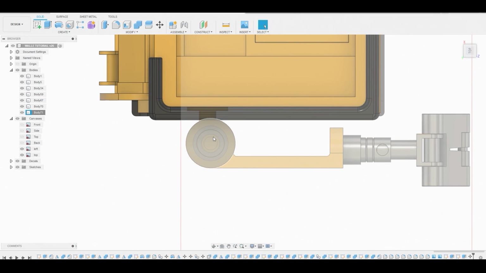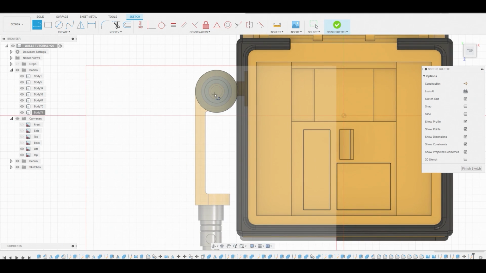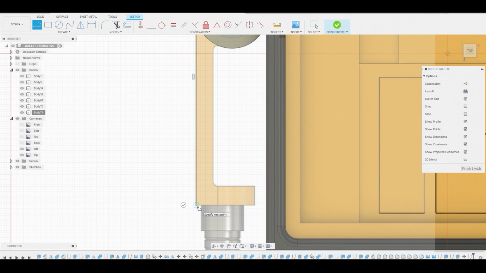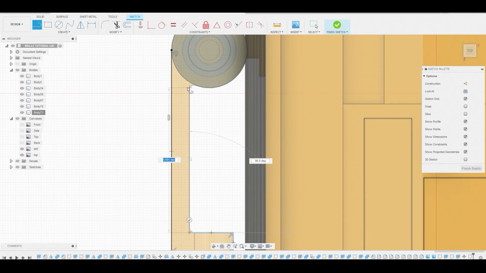So back in the top view, what we'll do now is select this area here and create a sketch, and I'll use the line tool for this. One thing I like about Fusion, there's so many ways to do the same thing. So from this center line here, I'll drop down once, I'll go to the right, and I'm basically just outlining this reference, and we're going to exclude this fillet here. Let's go straight up. Now we can right click and let's just press pull this area here,